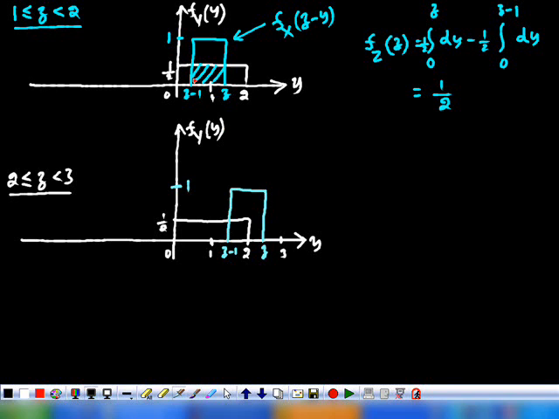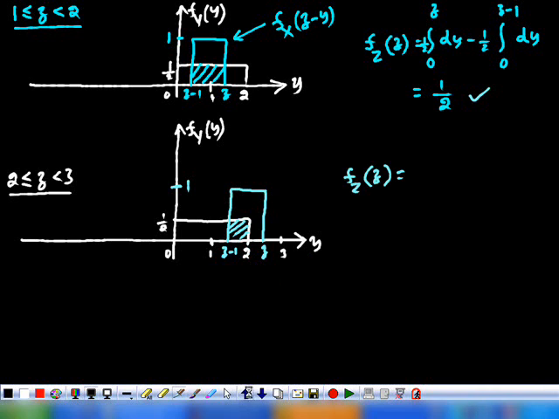Here, what is the area of this shaded region in this case, as in the previous case? 1 by 2 into 1. So we got 1 by 2, same. That is, we are simply finding the common area between the two curves for different z values. Now the common region is this. That is, from z minus 1 to 2, the product is non-zero. In the remaining interval, it is 0. So therefore, what is fz of z? Which one do we have to consider? Z is in between 2 and 3.